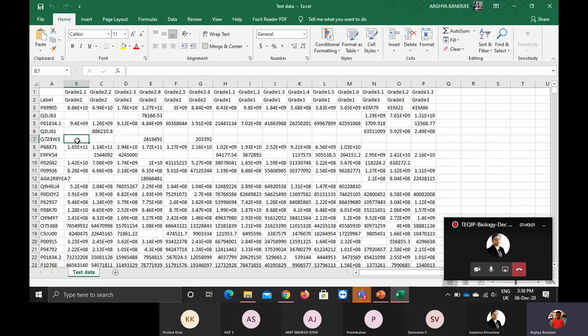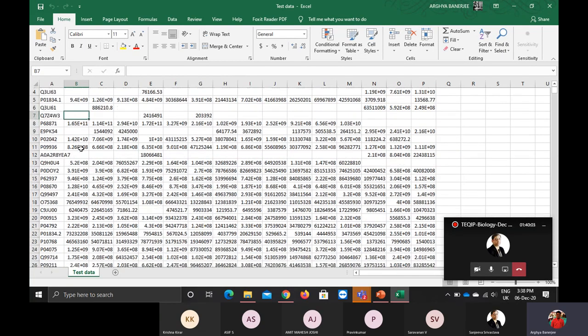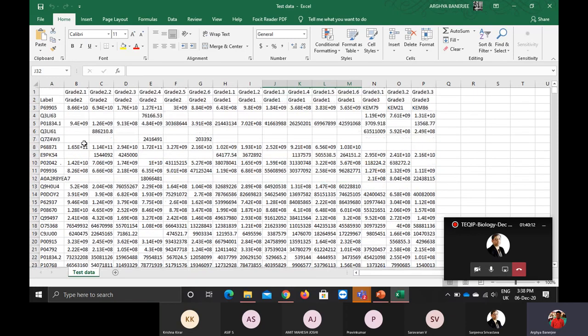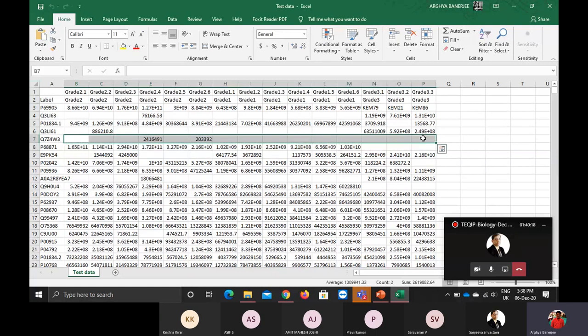The missing values can depend upon the type of fragmentation, or it is not identified in these individuals. So if a feature is empty in 70% of the individuals, absent in 70% of the individuals, you have to discard it.